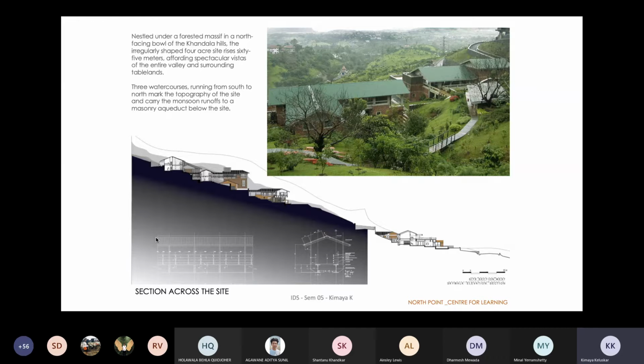Now this is how it sits right onto the mountain. Now the terracing becomes very important: how do you create the base for your project, especially when you're doing spaces like auditoriums or lodge or congregation spaces, which are halls or dining halls and stuff like that, which will have a larger footprint and are not so small. So then how do you create these terraces? So your contour analysis becomes very important. In landscape, you'll be learning about slope analysis, which will tell you which are the buildable slopes, which are the non-buildable slopes, and how you create these different kinds of terraces to house your buildings well.